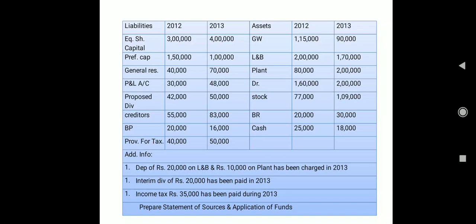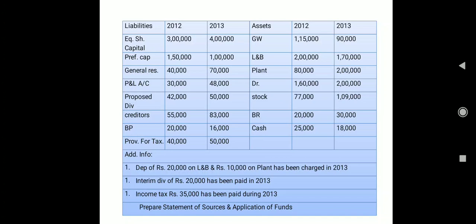But if we check in the balance sheet 2013, what value is it showing us? 1 lakh 70,000. So where has the 10,000 gone? I'm repeating it again. Today I'm not going to show the working notes. Next class we will definitely go for the working notes also. These all are part of your working note. 2 lakh value of the land and building in the year 2012, 20,000 depreciation charged, so remaining value is 1 lakh 80,000. But in 2013 we are able to view here very nicely, the value is 1 lakh 70,000. So where is the 10,000?